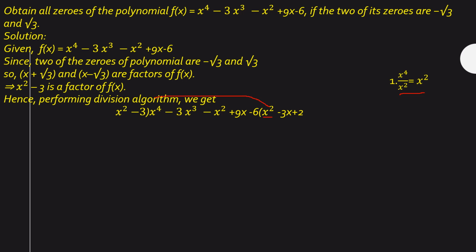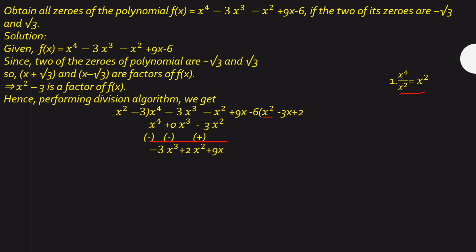Now, how to multiply that quotient with the divisor? You have to observe carefully one thing. By multiplying x square into x square, I will get x power 4, and x square into minus 3, I will get minus 3x square. You observe that we didn't get the x cube term in the multiplication, so under x cube I will write 0x cube, and under x square I write minus 3x square. You have to remember this carefully. Changing signs as we are doing the subtraction, the first two terms will cancel, and next we get minus 3x cube and plus 3x square minus x square, giving 2x square, and take down 9x.